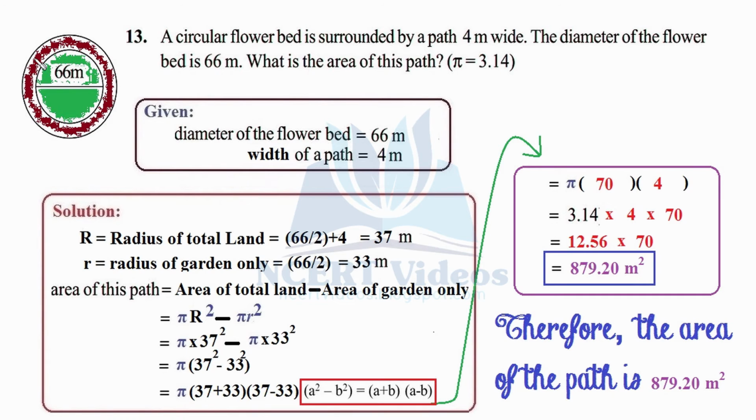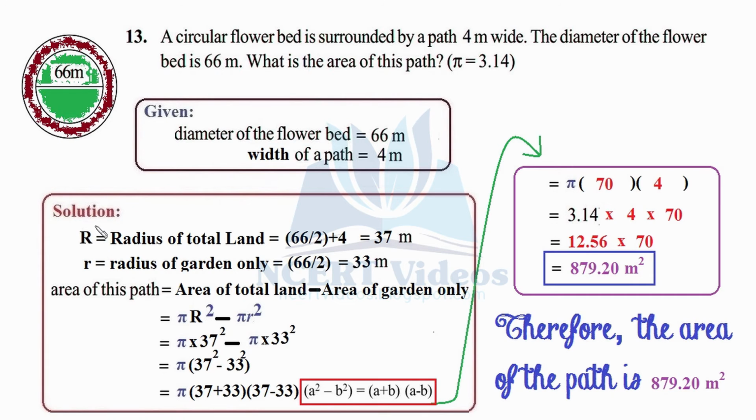Again, how can you find it? Let's think logically. If we have the complete circle's area, that is including garden and your path, and we subtract the area of the given garden, then we can find the area of the path. So let's head forward to solve it. Now the given part is the diameter of the flower bed, that is 66 meter, and the width of the path is 4 meter. Now solution. Since we now have two circles, that is this garden one and garden plus path, we